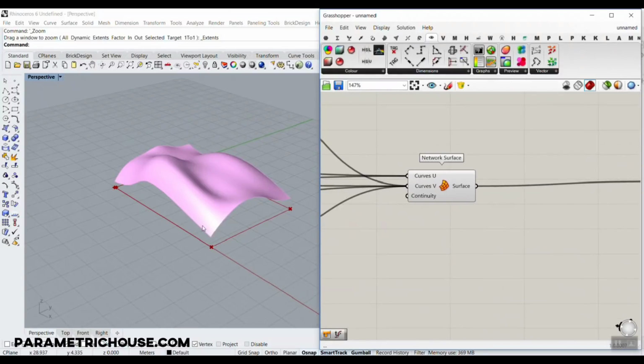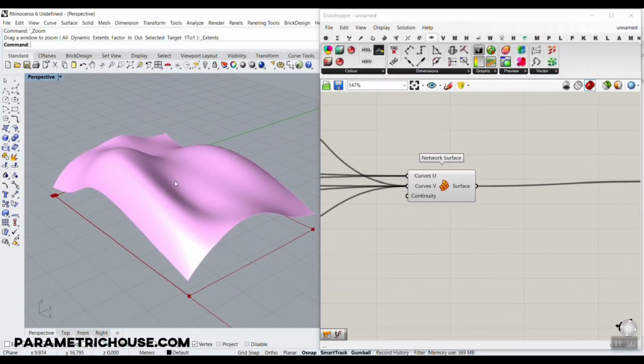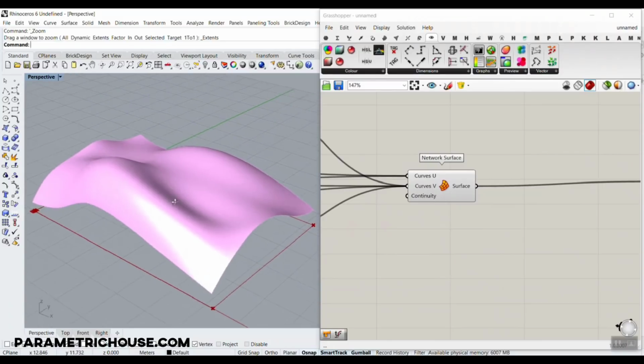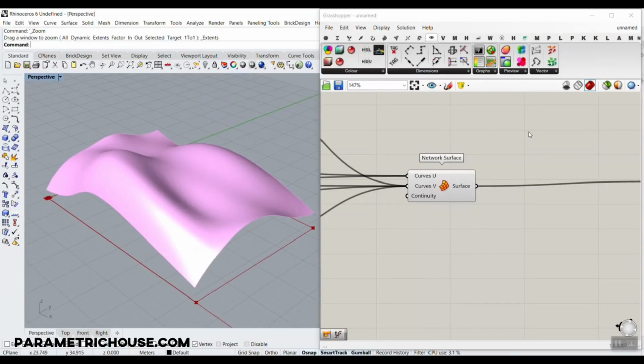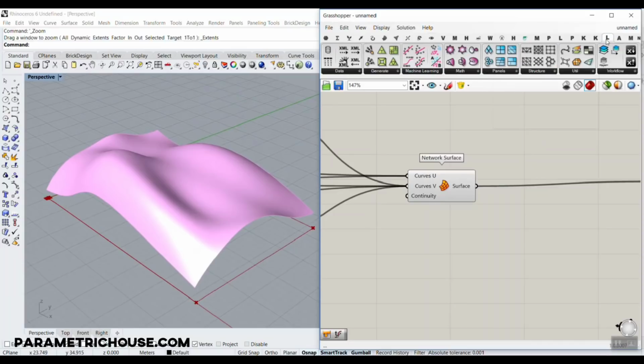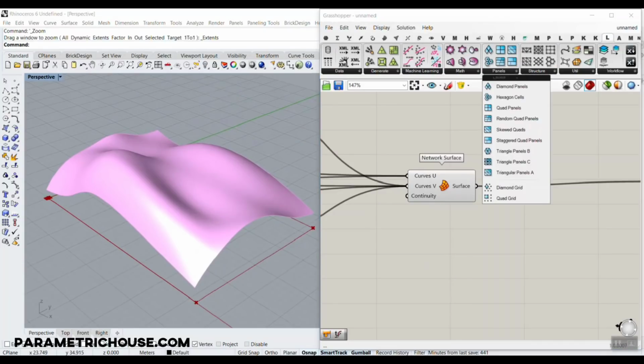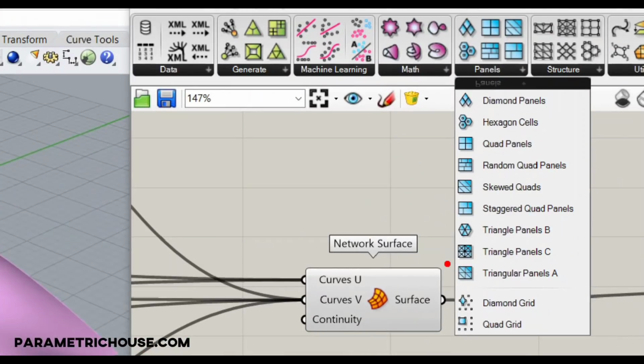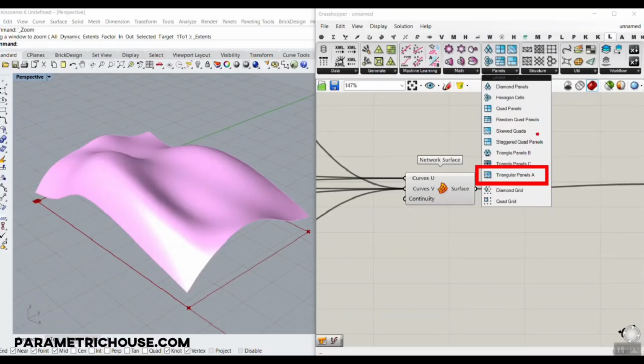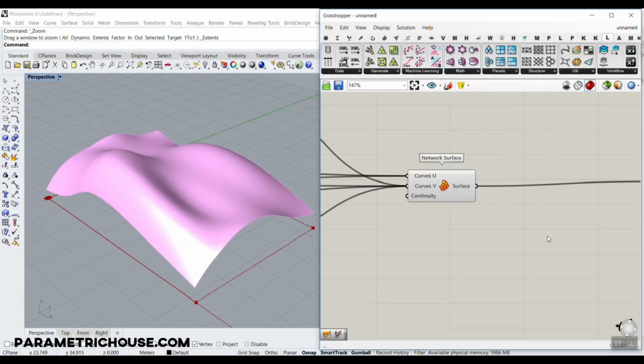So what I prefer to do is to use the Lunchbox plugin. I will also put the plugins I've used and the definition on our website, so you can download that. I'm going to go to the Lunchbox plugin after installation and use two different things. The first one is to use the panel section and this triangular panels A. So I'm going to use that triangle panel A,